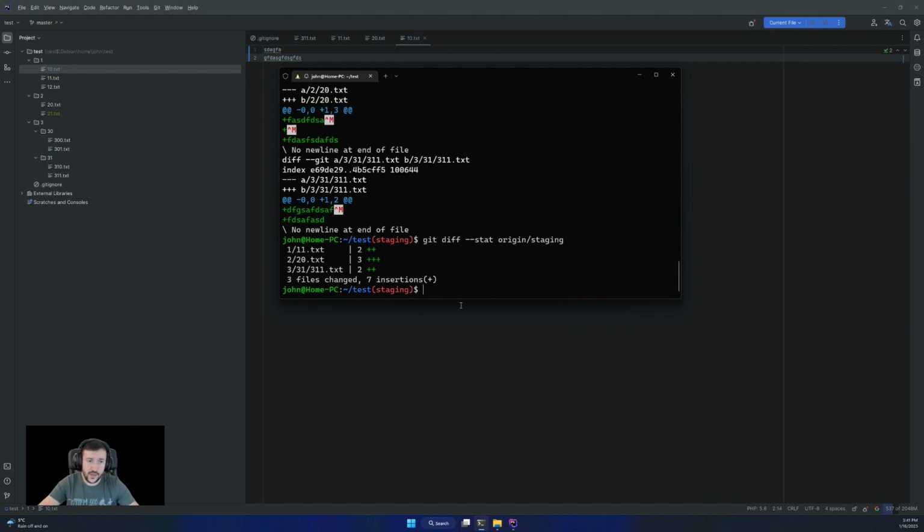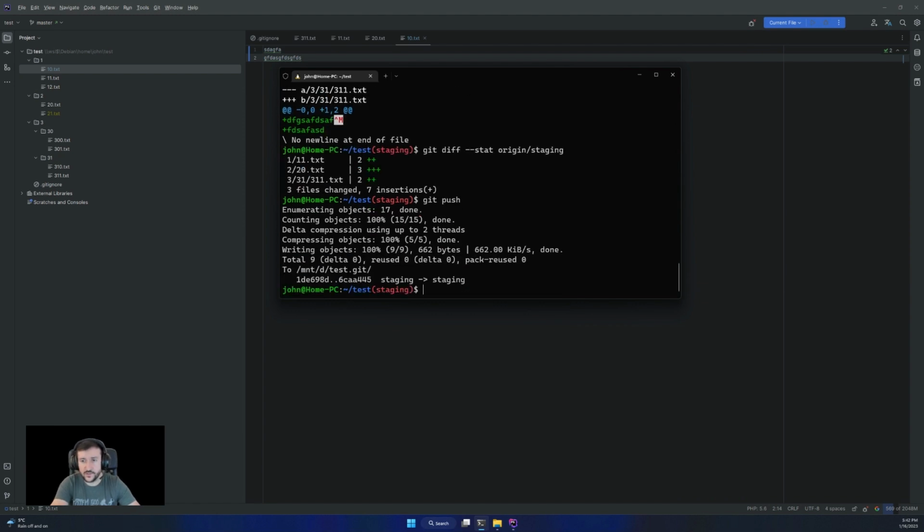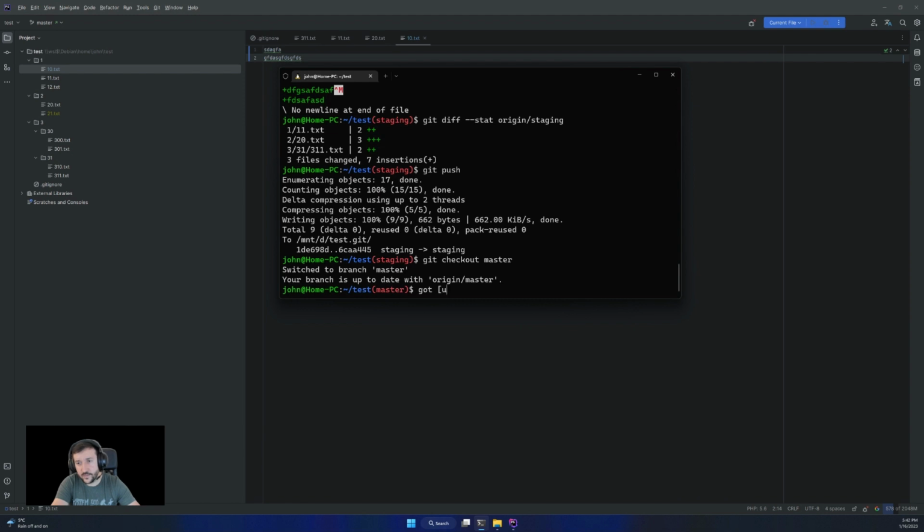Okay, so that will be about diff. Now the merge. If I want to merge this branch into master, I'm pretty sure you are familiar with this command. So I switch to the master, I pull.